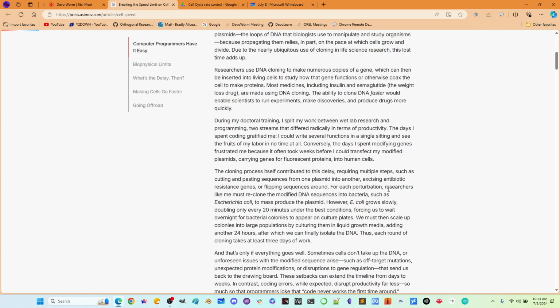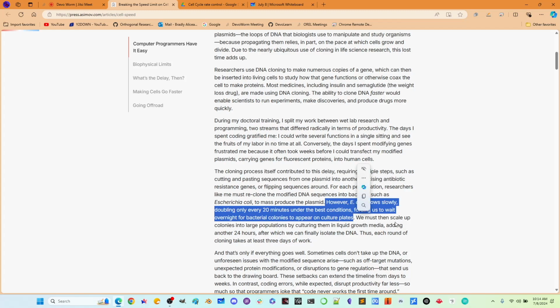For each perturbation, researchers like me must reclone the modified DNA sequences into bacteria, such as E. coli, to mass produce the plasmid. However, E. coli grows slowly, doubling only every 20 minutes under the best conditions, forcing us to wait overnight for bacterial colonies to appear on culture plates. So they're talking about E. coli. They're talking about the doubling time of E. coli, which means that when E. coli